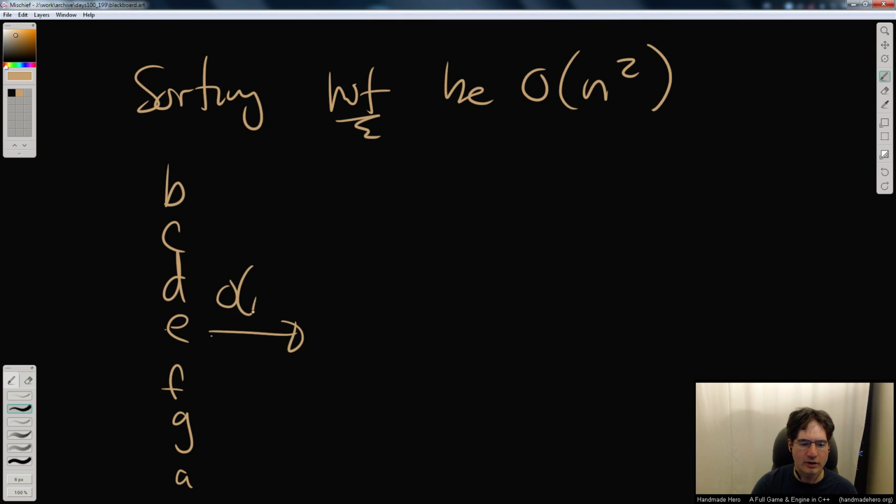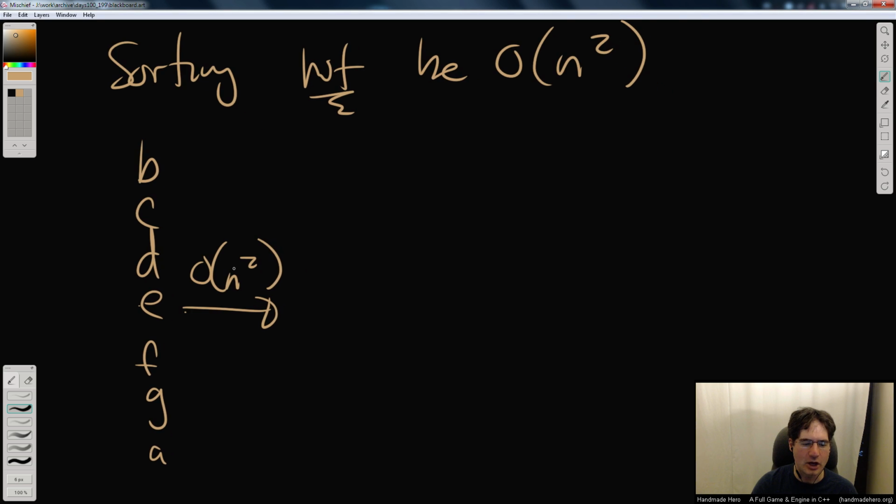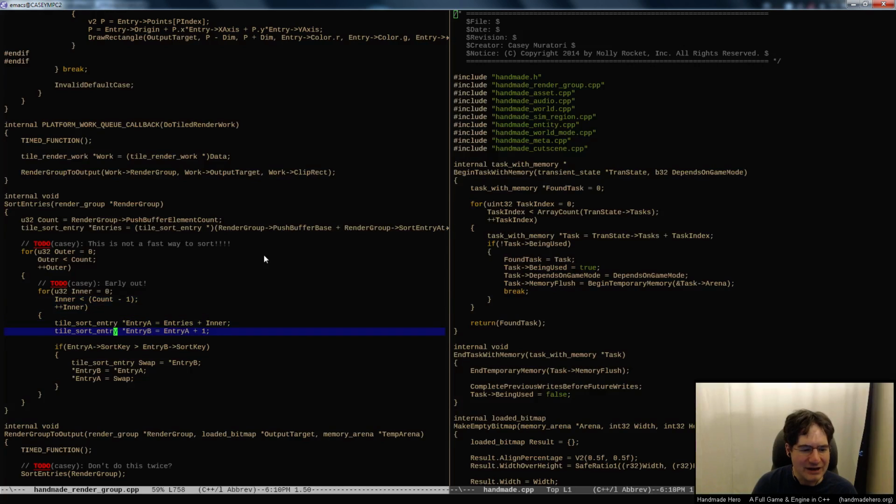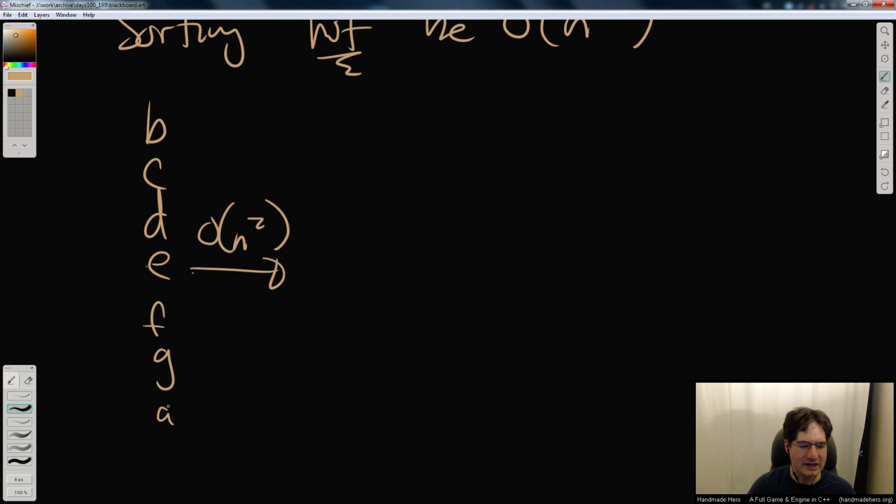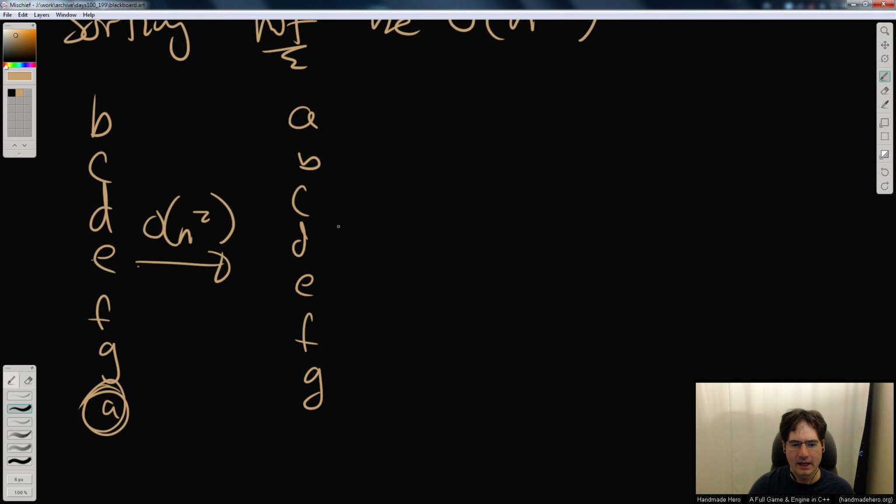So our current sort, our bubble sort, will literally take O(n squared) time, even if we early outed. So even if we did this to do here where we said stop if the list is already sorted, so you don't have to keep going, we could trivially feed it something where the frontmost element is all the way in the back, and it would take n squared time to produce A, B, C, D, E, F, G. Right? But